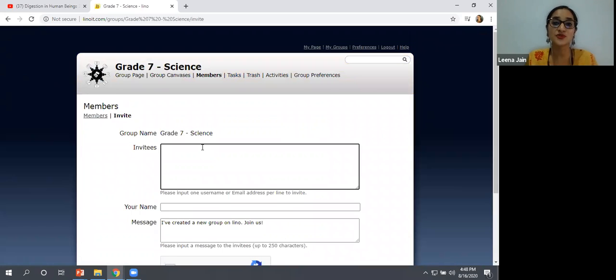If you want to add more students, you can invite them later on as well. Earlier I have invited 1 or 2 students. Now I want more students to be added. You can simply do it likewise. Okay, even after completing your adding of assignments. So this is how you can make a very good and very interactive collaboration.